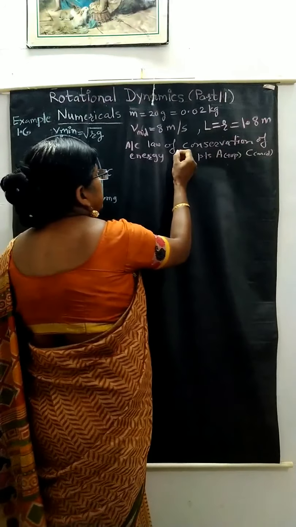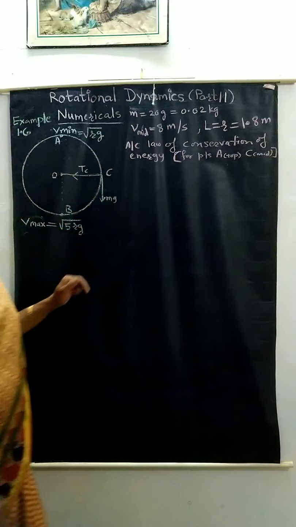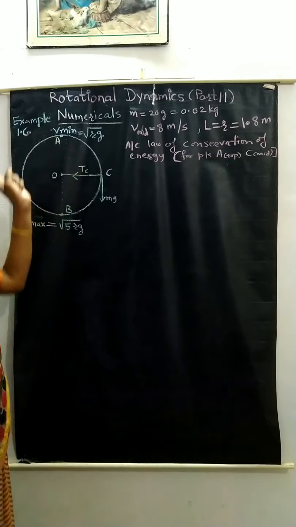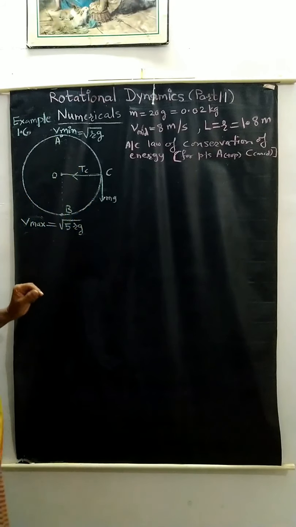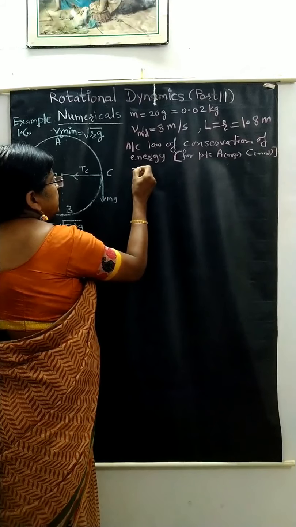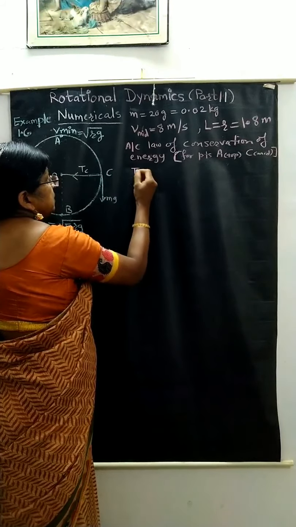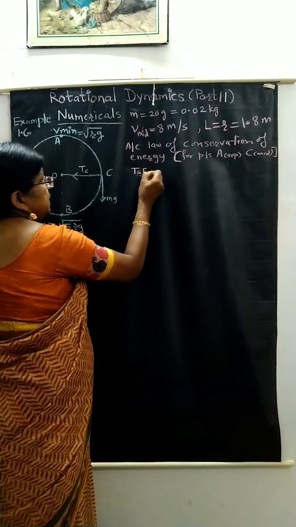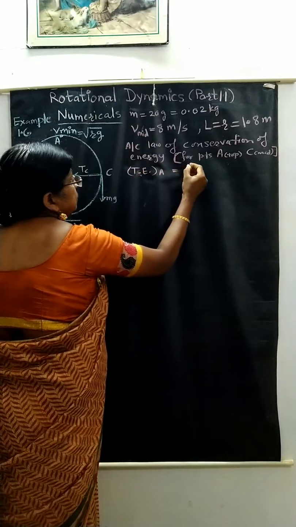So we have to apply the law at top point and midpoint. The total energy along this vertical circular motion remains constant. That is the law. So total energy, TE at point A, is equal to total